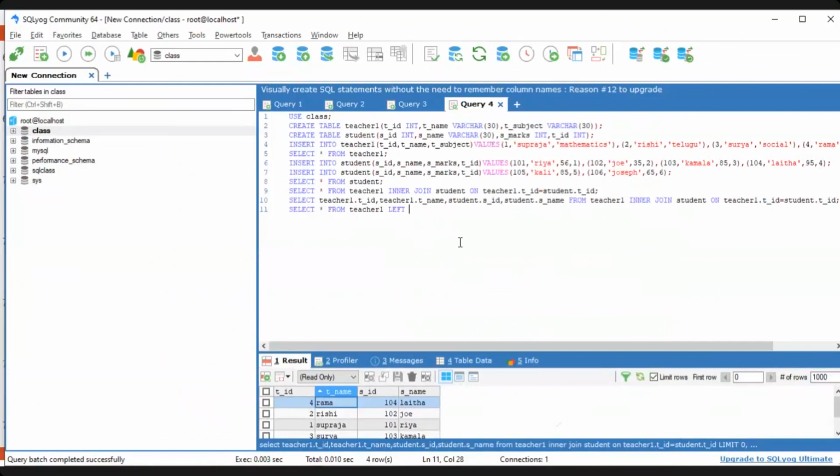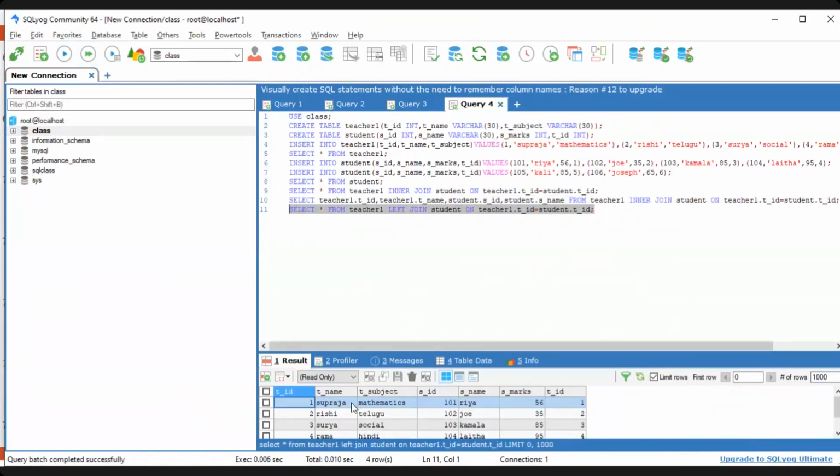So left join student on. So I'm matching teacher 1 dot TID equals to student dot TID. So here left join, it will return records from the left table and from the right table matching records. So just execute the query. So here you can see that